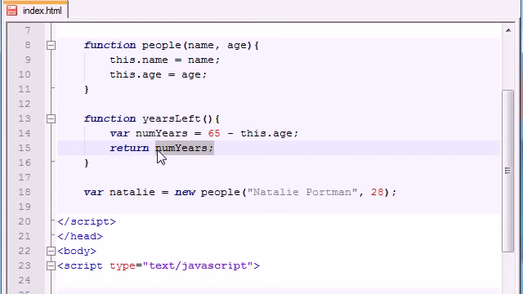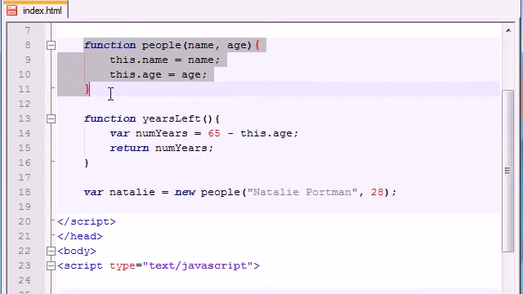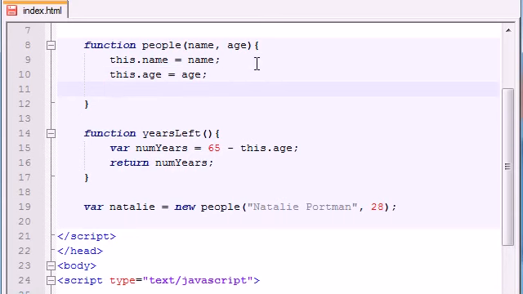Simple enough. But saying, alright, here is the blueprint for the object, how does this object know to use that function? Well, it doesn't just yet, so that's what we have to do in this next line of code. In order to tell this object that we want to use this function, or in order to tell it that this function is not just a random function, we actually want to associate it with this object. Here's what we need to do. Just like every other object property, you go ahead and assign this dot, and then you write whatever you want your property to be named, and just go ahead and put